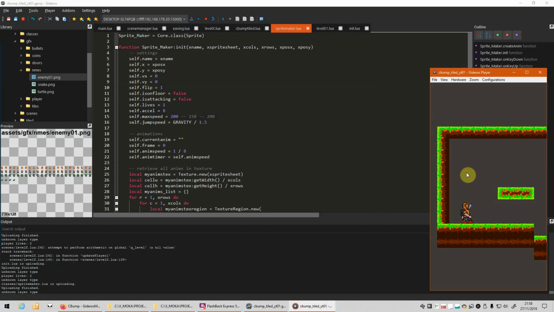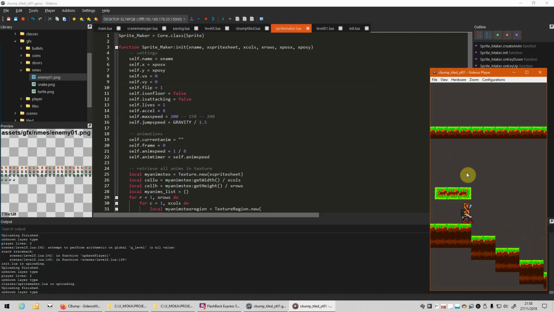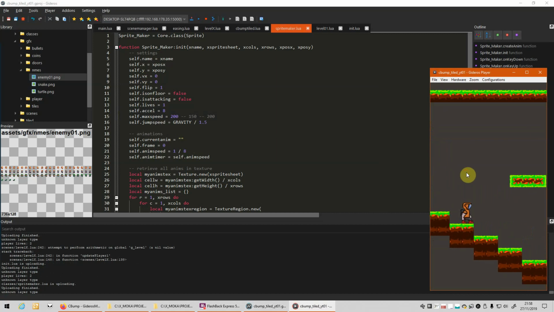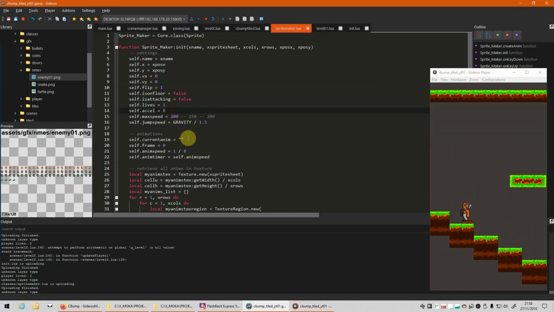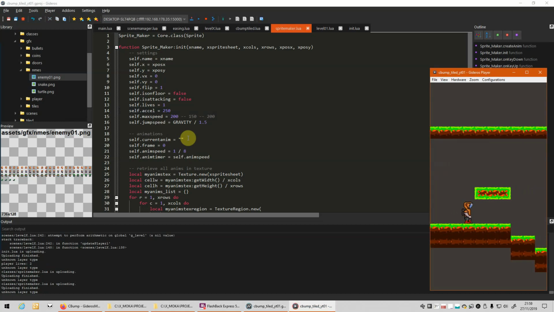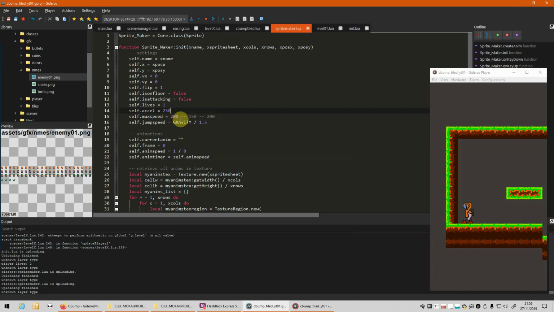Oop. Now it's going up to speed but very slowly. And if we put it back, maybe not too, now when we go it's quicker. Okay, so everything is up to you to modify, and hopefully that was helpful, and it's easy using this template to build your own platformer using Gideros.